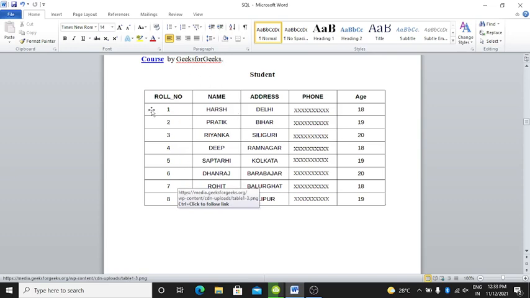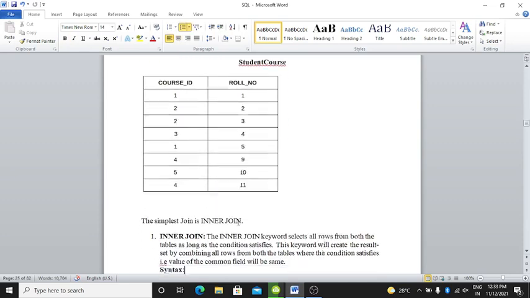First, roll number 1, names are Harsh, Pratik, Riyanka, Deep, Saptarshi, Dhanraj, Rohit and Neeraj. Harsh from Delhi, Pratik from Bihar, Riyanka from Siliguri, Deep from Ramnagar, Saptarshi from Kolkata, Dhanraj from Baramjar, Rohit from Balurghat and Neeraj from Alipur.